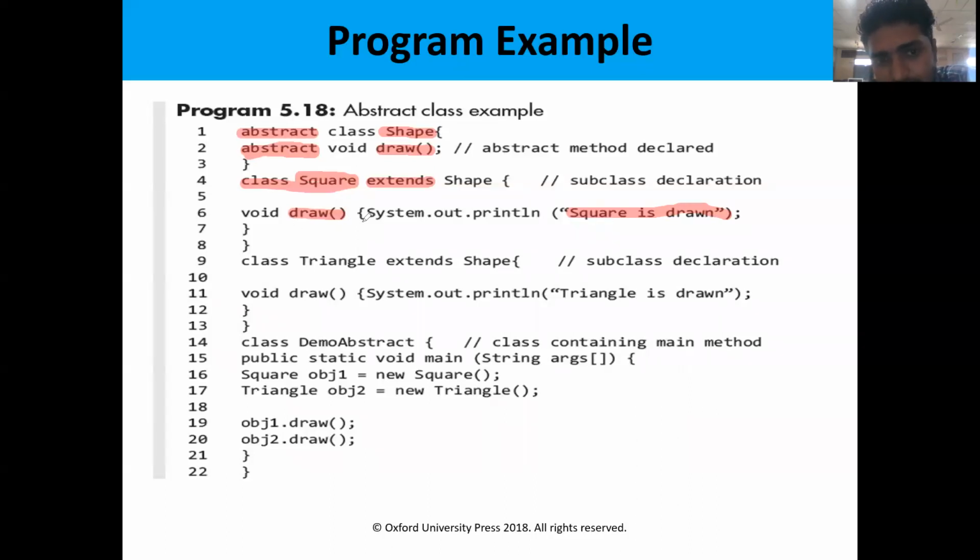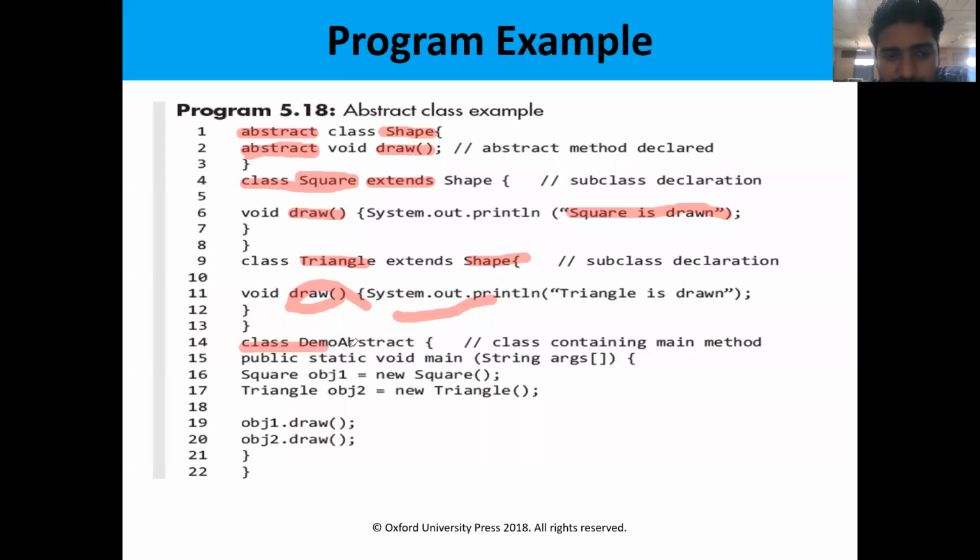We are defining this in the square class. Next he is creating another class, triangle, which inherits the properties of shape. We are using the keyword extends to implement the inheritance concept. Shape is a superclass, and we are inheriting the properties of shape to the triangle class. So he is creating one method draw, which is printing some content. So these are all the classes, three classes he has defined.